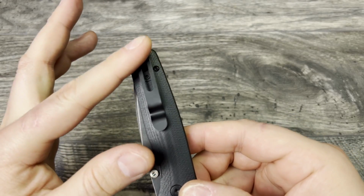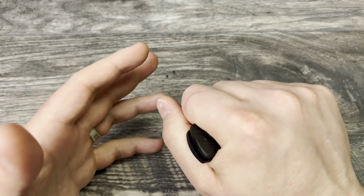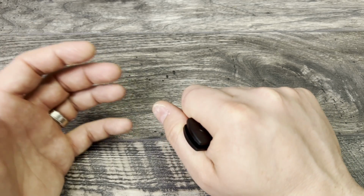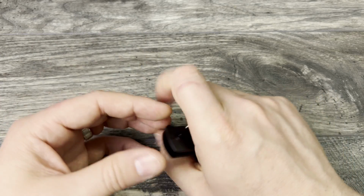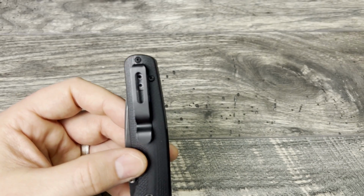I love that it's comfortable. I don't have anything really poking. I can feel that it's there, and only because there's a difference in the texturing, it doesn't feel uncomfortable. It doesn't feel even a slightest bit hot in hand. It feels nice. What I wish they would have done is they would have copied what Civivi does, and they